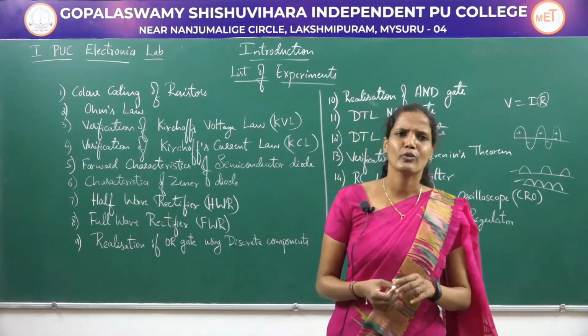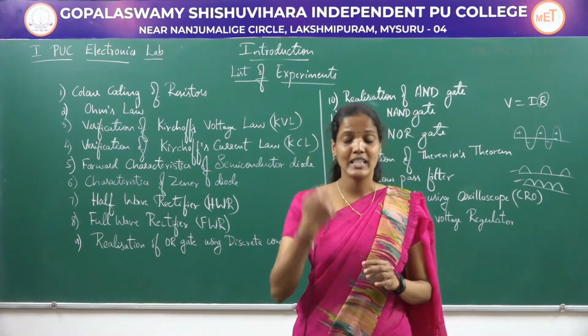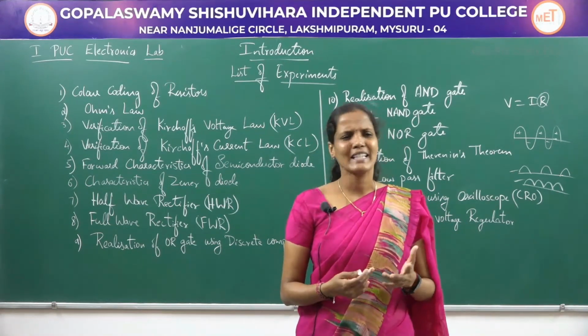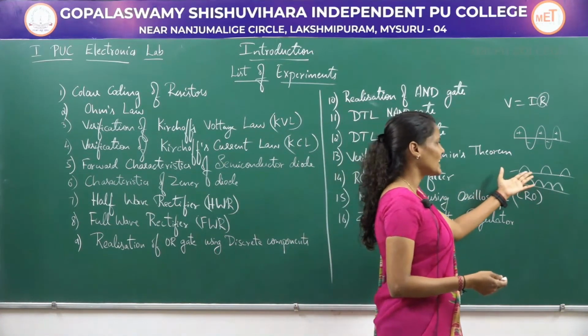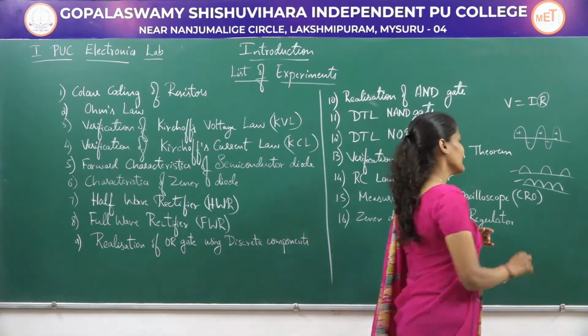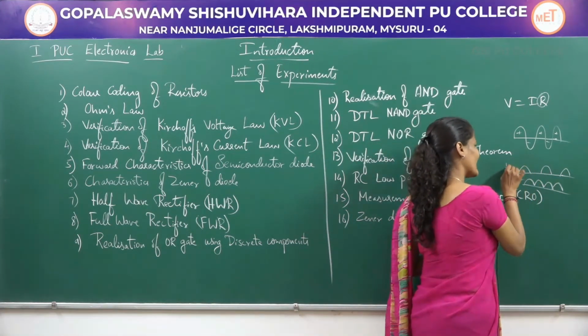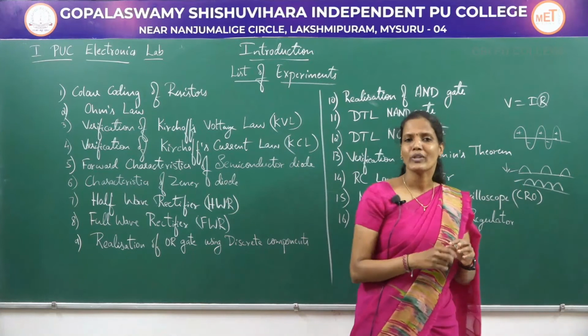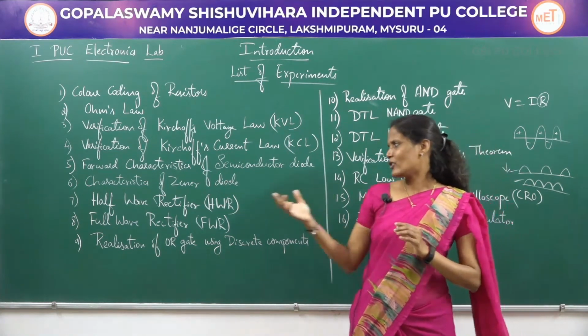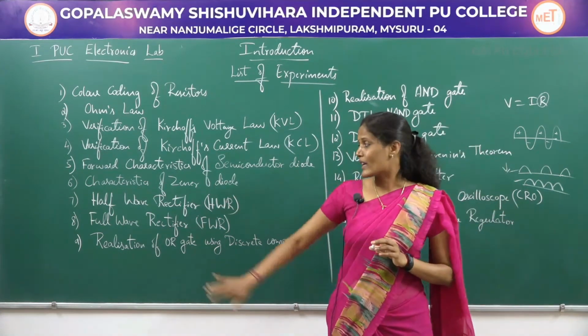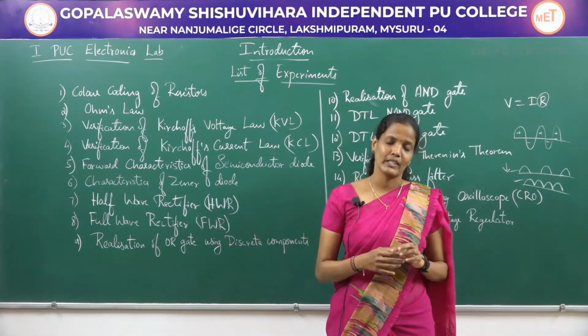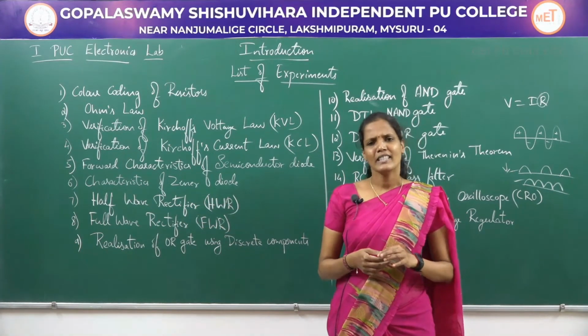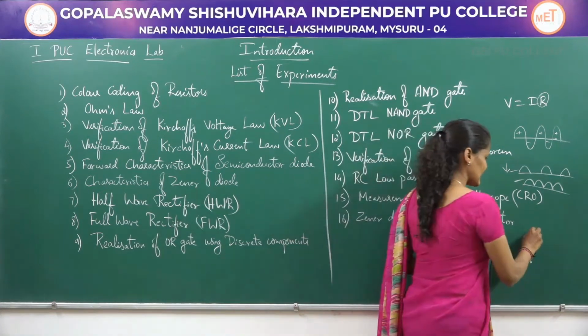Apart from that, we are also going to see the efficiency of these rectifier circuits. Obviously, half wave rectifier is not giving me a continuous signal, so its efficiency is very much less compared to the full wave rectifier efficiency. And we are also going to study what is called the ripple factor in these experiments. So, what is that ripple factor? That is nothing but the AC component in the DC.